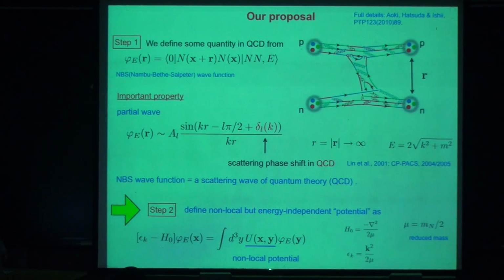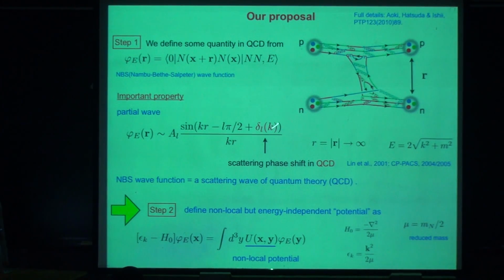If you know quantum mechanics and the scattering problem, for the large asymptotic region, the partial wave behaves like this, sine kr divided by kr, but with some phase shift. The important thing is that this phase shift is the scattering phase in QCD. This can be shown. Therefore, in that sense, we think we can consider the NBS wave function as a scattering wave of quantum theory,